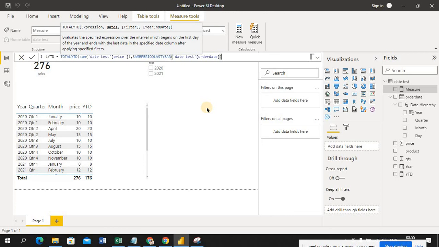If you follow the same syntax, you get no issues, because every DAX function, total YTD, total MTD, all of this, shows some format. If you follow the same format, you won't get any issues. If you miss that format, obviously it will show the error. Just enter. I'm giving total YTD, sum of price, the date here, and the same period last year. I'm looking at 2020 sales. Now just enter.